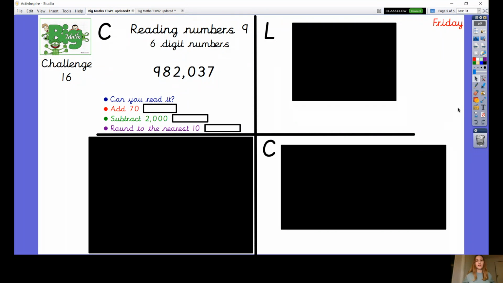So we are looking at our CLIC skills today, the same skills as yesterday, but different examples. So if you remember, we were doing counting. In counting, we were looking at reading 6-digit numbers. So have a look at the 6-digit number on the screen and have a go at reading it out loud to yourself or to somebody around you. Okay, that number is